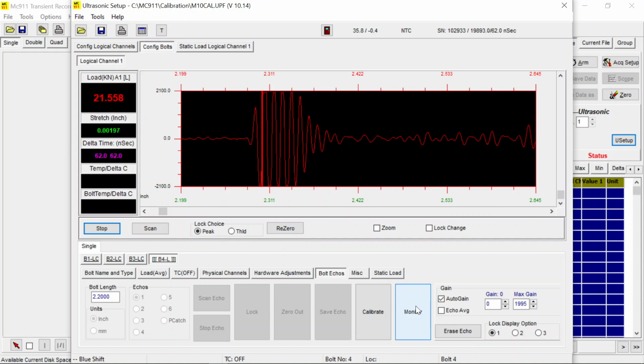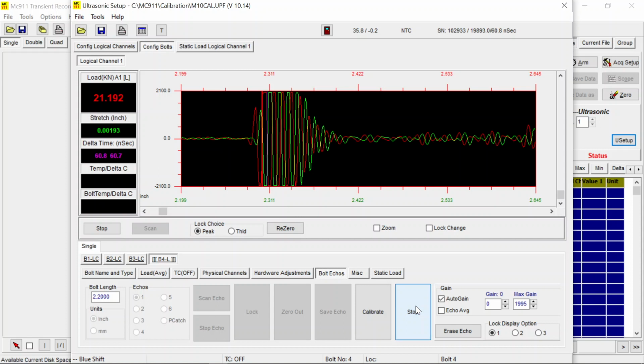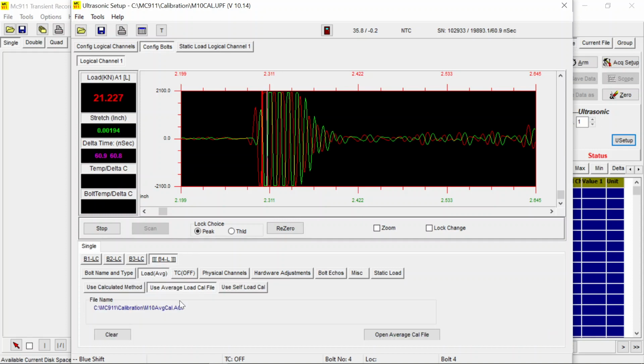Coming back to this, let's see what happens if we change the load calculation. I monitor it, it's the same bolt that we used, and we had 21.185, because before it was 21.9. Now it's relaxed, it's losing its load, so it's a little less now. If I go back to load average, it's using this calibration file generated to come up with this data,